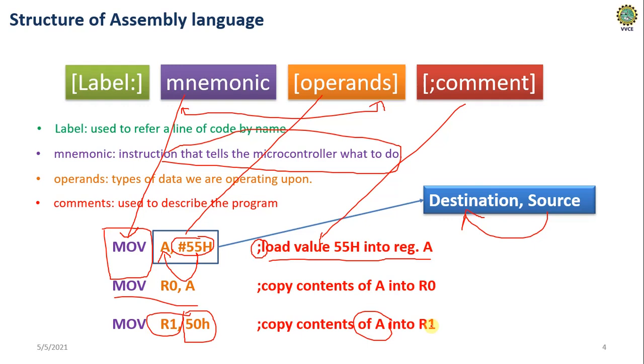Likewise, this is the structure of the assembly language. Fine. So the label will be written here. Let's say the label is here. Label here means if I have written a code like this, say jump here, jump to the label, then it will come to this place. So see, here is the label which is mentioning the line of the code.